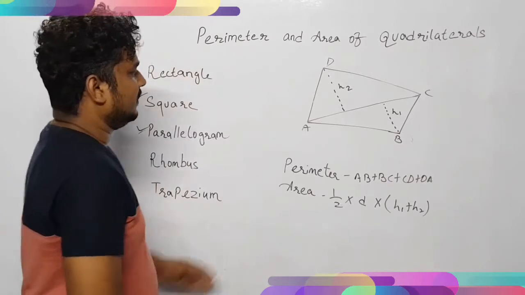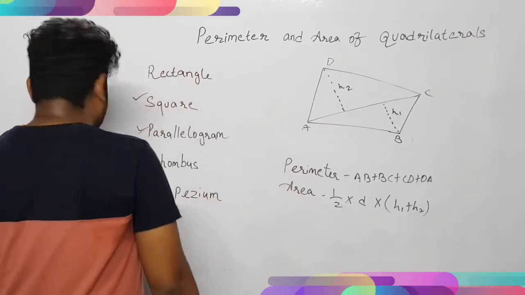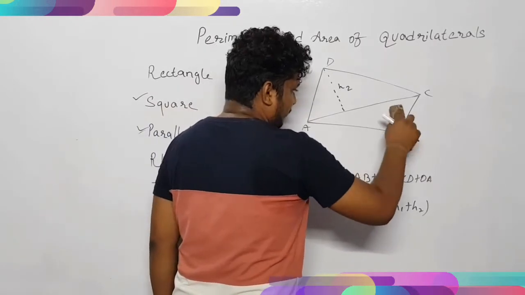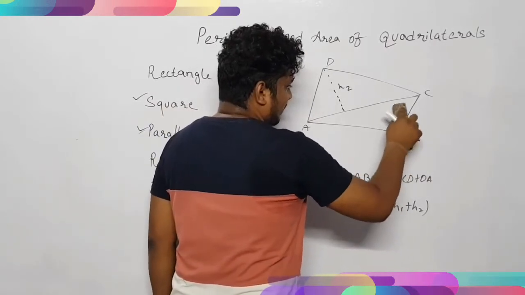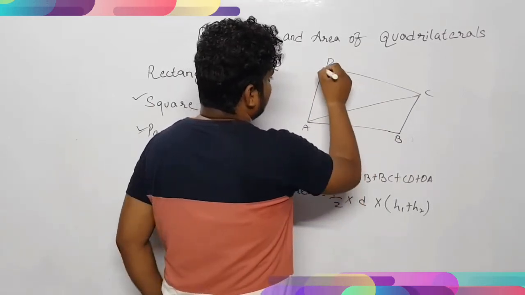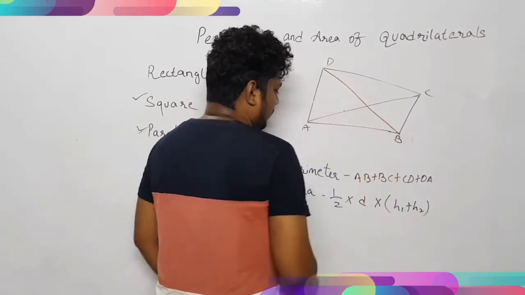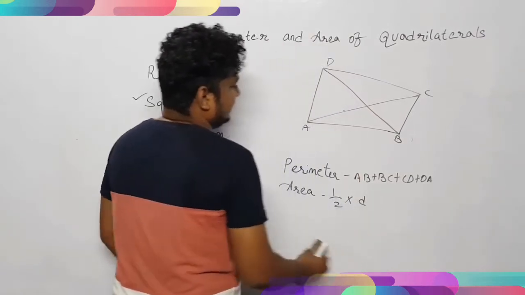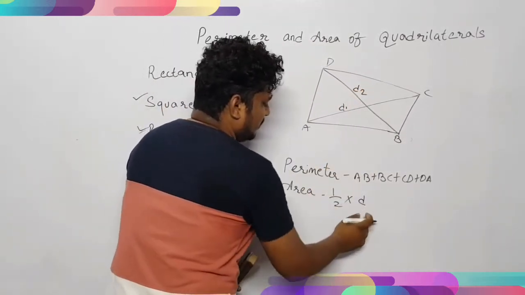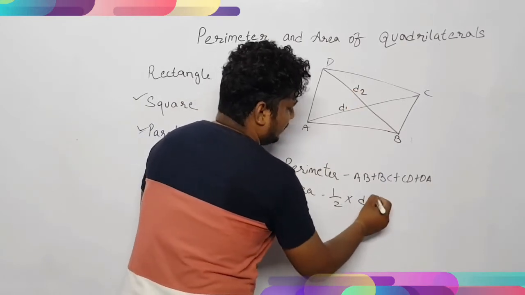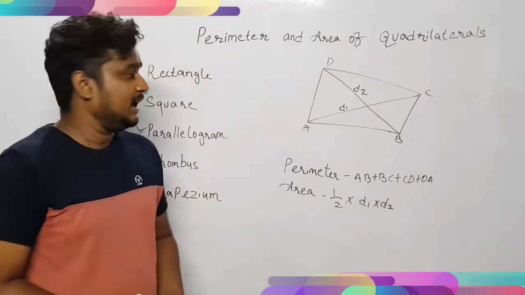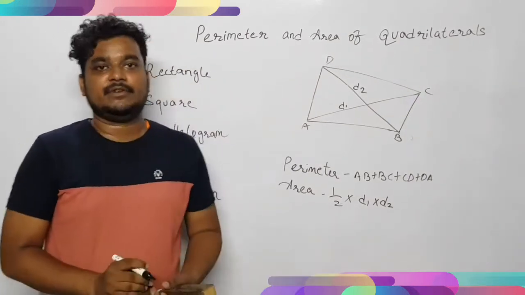Clear with this now? So this particular figure we can deal with in this order. Or suppose in this particular figure we don't have height; instead of height we are having diagonals, both the diagonals. In that case, if this is diagonal d1 and this is diagonal d2, then half into the product of the diagonals, half into d1 into d2, will be the area of this given figure.